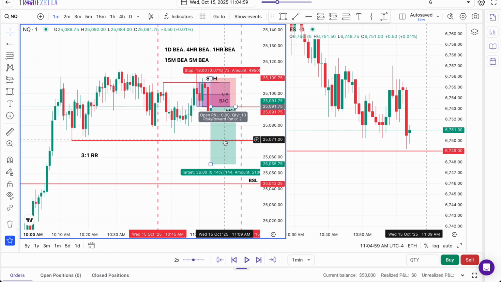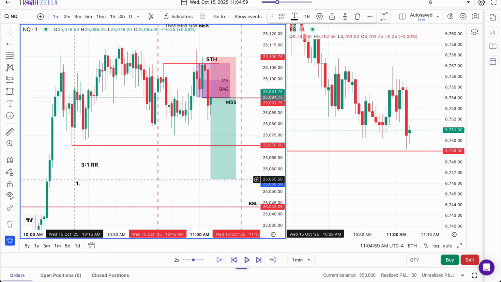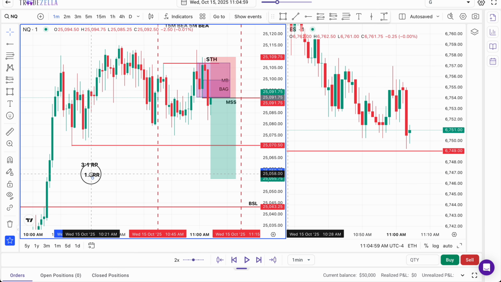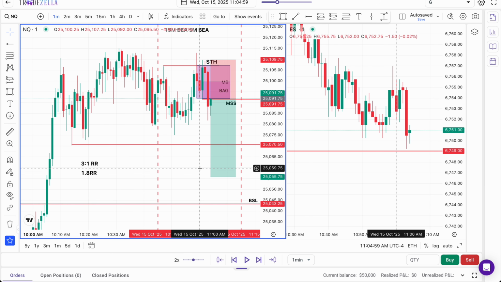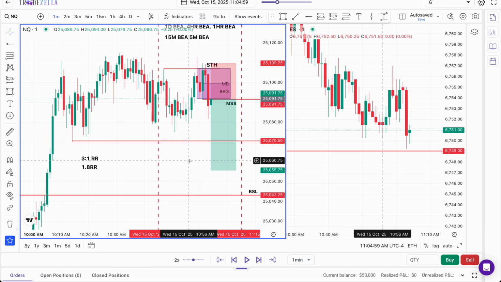However, we only need to seek a 2-to-1, and that's what we stay as close to in all cases. Our absolute minimum for taking a trade is actually a 1.8 risk reward. For example, you might find yourself looking at a position, either a long or a short, and the first draw on liquidity, or the only draw on liquidity, is, say, London lows, and after that you know that there are no points of sell side or buy side to target.